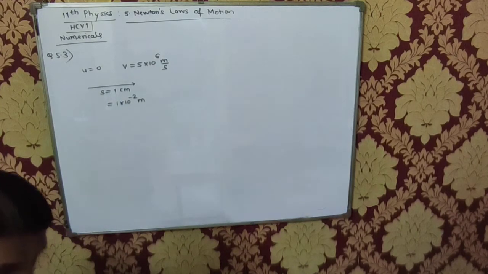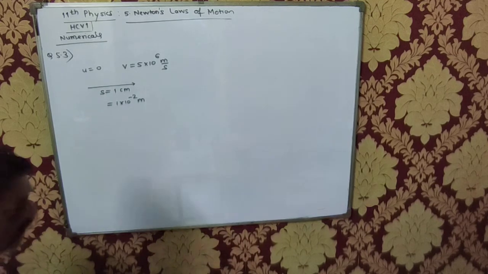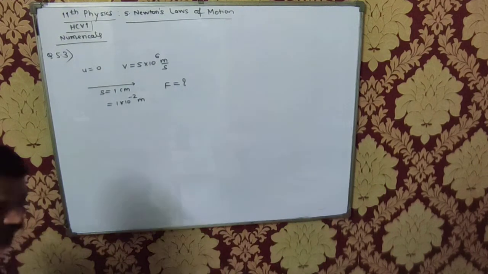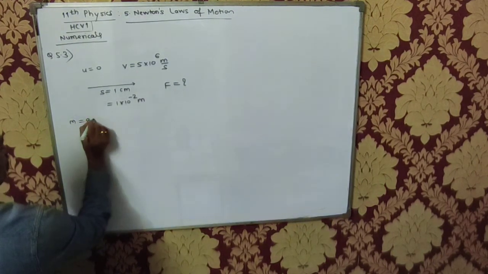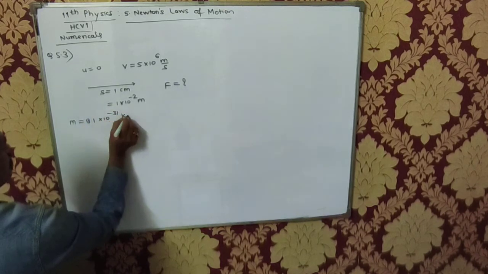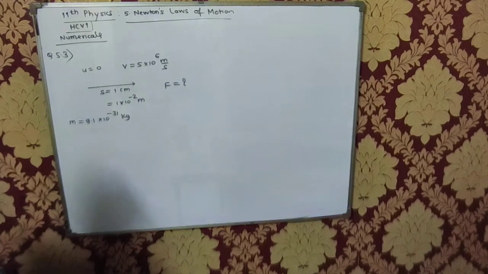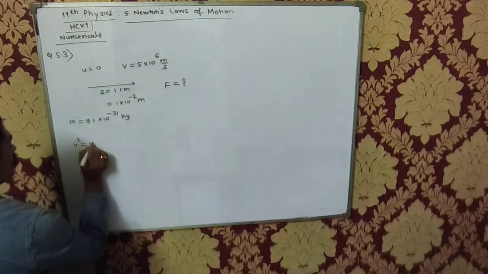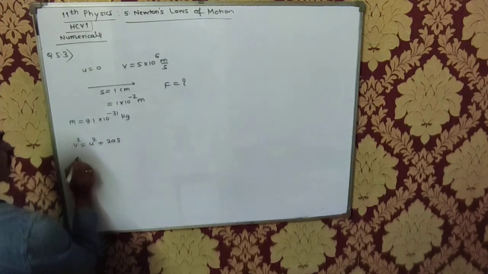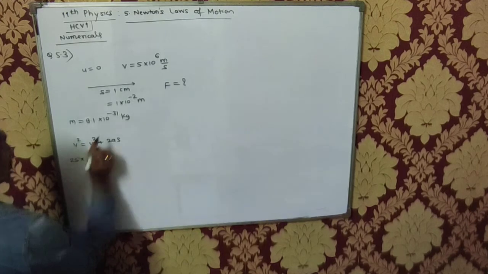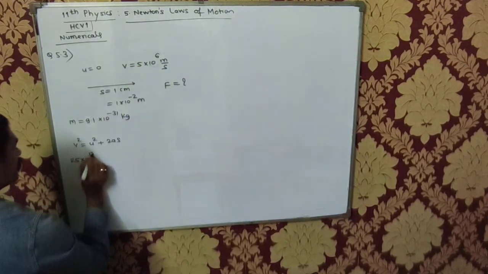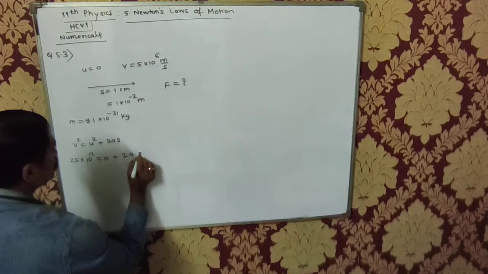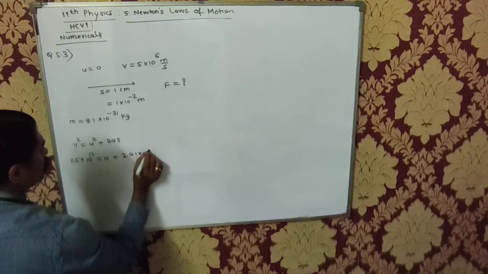Then, assuming straight line motion, find the constant force exerted on the electron. F is asked. So the same thing. Mass of the electron is given, 9.1 into 10 raised to minus 31 kg. Okay, fine. F is equal to ma, you have to find out the acceleration. v squared is equal to u squared plus 2as. Final velocity 5 squared is 25, 10 raised to 6 squared is 10 raised to 12. u is 0 plus 2 times the acceleration into the displacement, 1 into 10 raised to minus 2. Right?